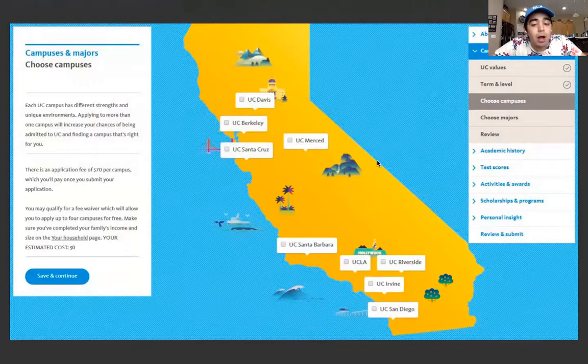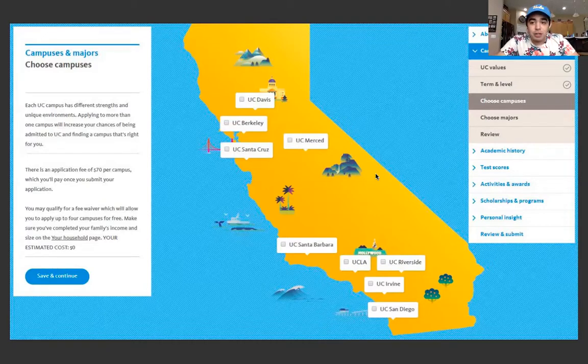So out of these 9 campuses, look and find which ones you want to apply for. Look at your major, what you want to do, the ambiance that you like, what's good, what's not. Find out what you want to be a part of. And then you're going to choose which ones you want to apply for. That's going to be done at the end or in the beginning, but you have free reign to choose.